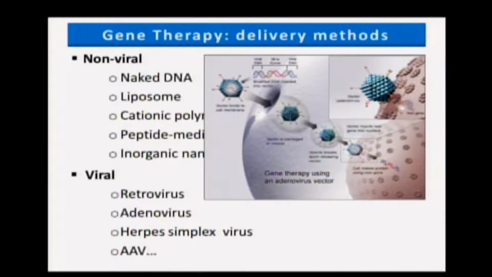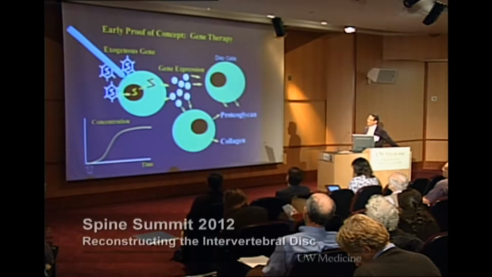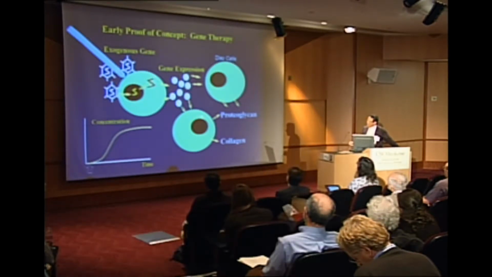So essentially what you're doing is gutting the virus of any pathologic genes, inserting the good genes that you want in there, and then putting it into the cell. And early on, about 10, 12 years ago, I got this notion that, hey, maybe we can do that to the disc. So if you take disc cells that are natively in the intervertebral disc, and you throw some viruses inside of it, will the disc cells take it up, and will they produce the proteins that you want them to produce? The theory behind gene therapy is that you're creating a biofactory of cells